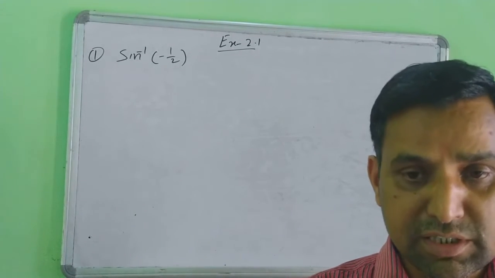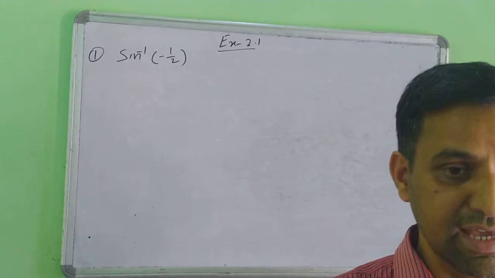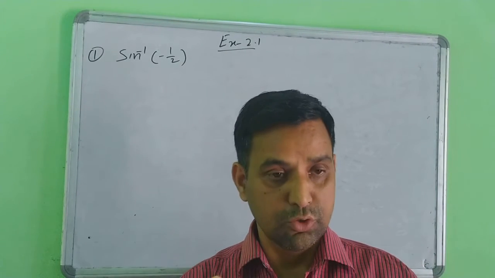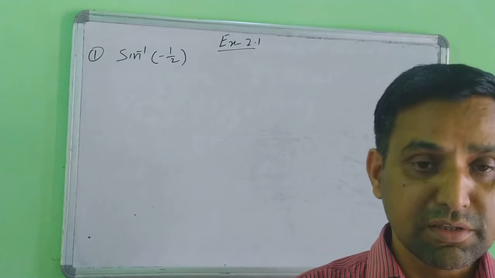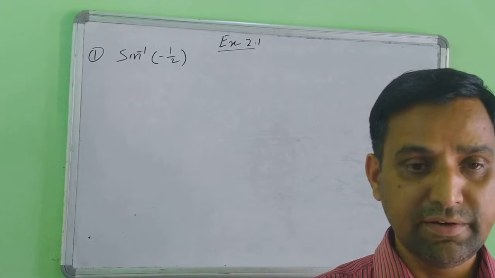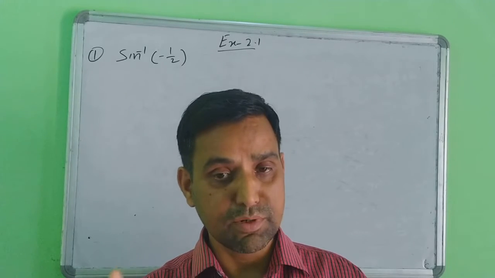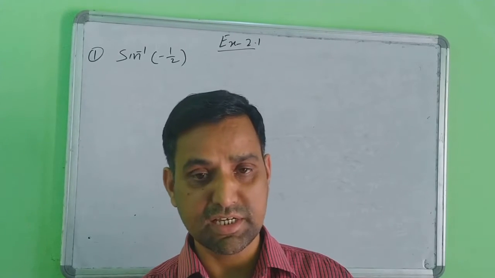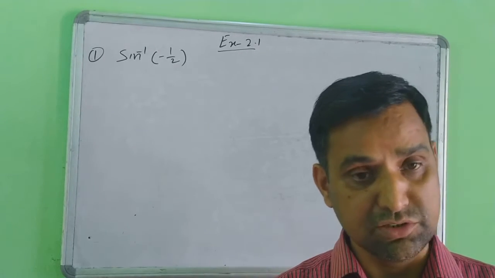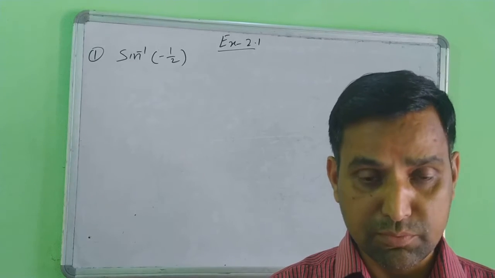First of all, you will learn the range of the ordinary trigonometric functions sin x, cos x, tan x, cot x, sec x and cosec x. You will learn this table. After that you will learn the table of sin inverse x. The ordinary trigonometric functions and inverse trigonometric functions are both different here. Then you will learn sin inverse x, cos inverse x, tan inverse x, cot inverse x, sec inverse x, cosec inverse x. What is the domain, what is the range? You will learn everything given in the NCERT book. You will note it down from the NCERT book.